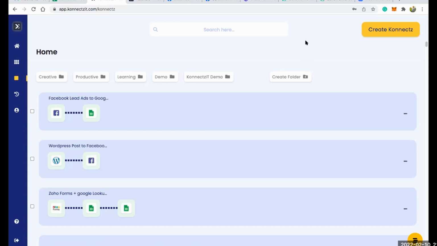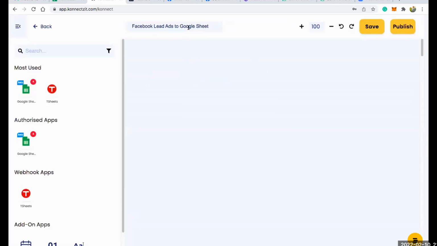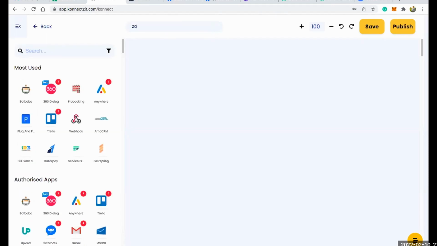So now we have finished with our authorized apps. Now I'm going to show you how you can build a use case using Webhook apps. So let me do that. I'll create a connect. Basically I'm going to name my connect as per my use case. So I'm going to take Zoho Form